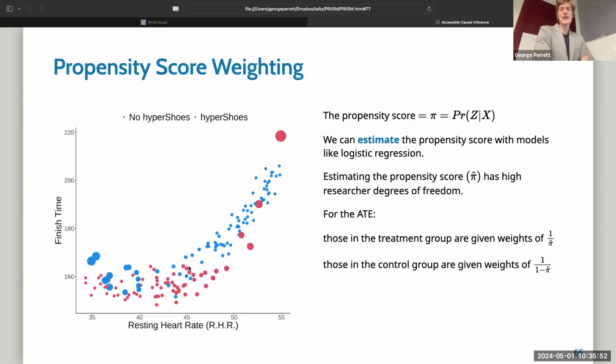So we can estimate the propensity score with models like a logistic regression. Now, the logistic regression is one way to do it, but there's many other ways. You could use a probit regression. You could use machine learning approaches. You could use all sorts of statistical techniques. And so there's a whole lot of what's called the research degrees of freedom. There's a whole lot of choices that you can make along the way. And let's just for now say we'll use a logistic regression, which is very kind of the traditional thing to